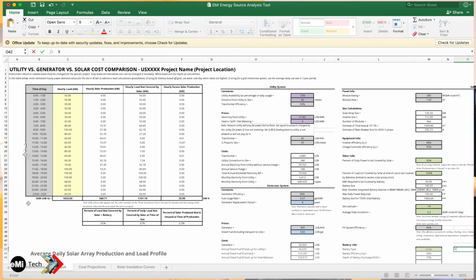I wanted to highlight a couple things on each of the tabs. This is the input tab. This area right in here is where you enter the load data. So you're going to do a load analysis. There's a whole different spreadsheet for doing a load analysis, and we've added some new tools for being able to do by hour load estimates even for a new site. And then you'll enter the results of that spreadsheet in here. So by hour, what is our average kilowatt hours or kilowatts we're expecting? And the sum is at the bottom.